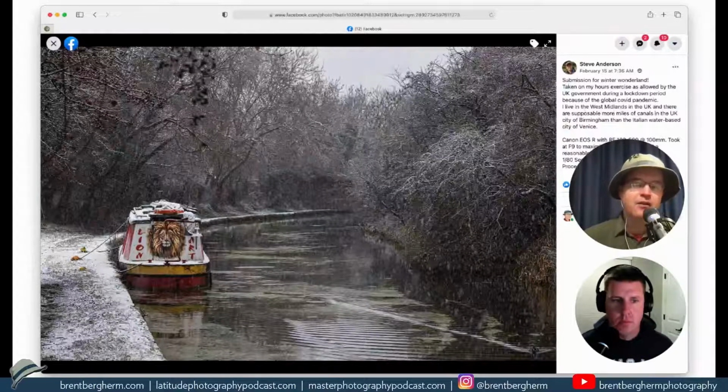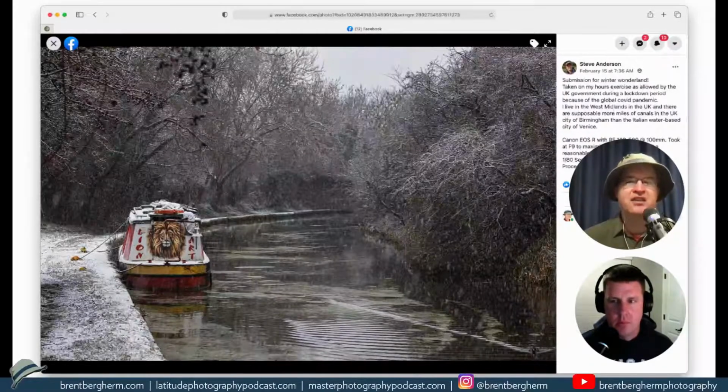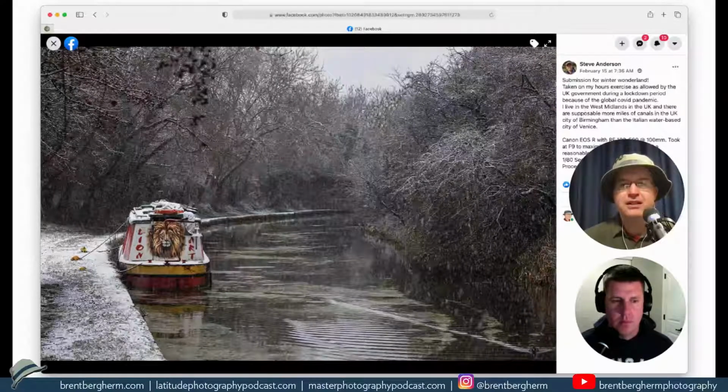So I've looked at some maps of Venice too. There's lots of canals in Venice. You don't have just the Grand Canal, you've got tons of canals. So if there's more in the city of Birmingham, that's pretty amazing. And so he's shot this